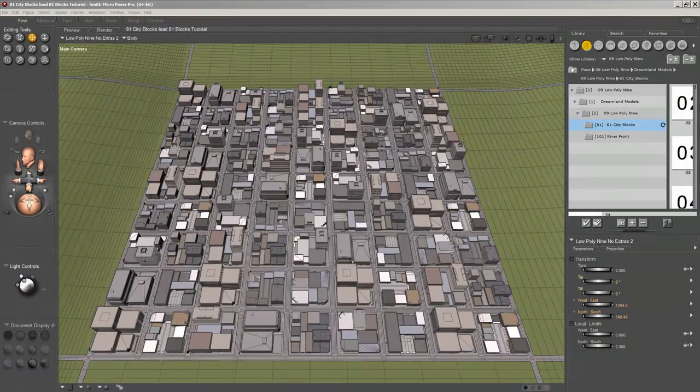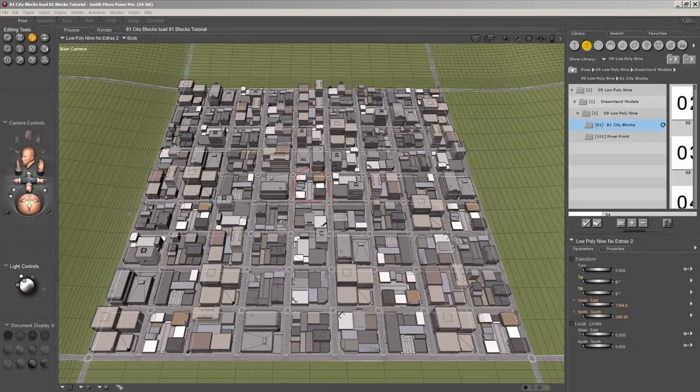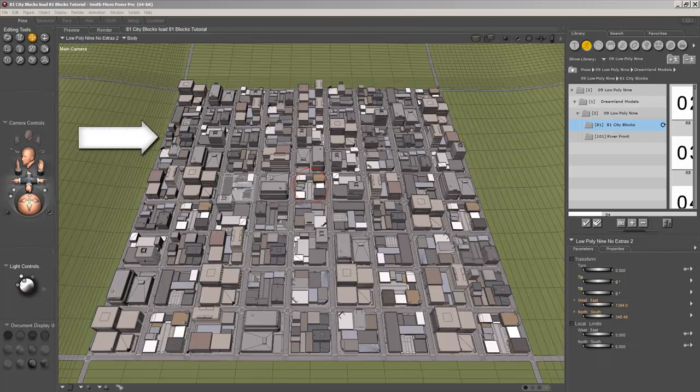Okay, I finished loading 81 city blocks. Took me about an hour because I fiddled around. I took these on the outer edges here because I'm going to use these for renders for the product. Are all full blocks. These 2 rows here, and then also the second row in. So when I'm doing these renders from the west side facing east, each one of these streets is going to